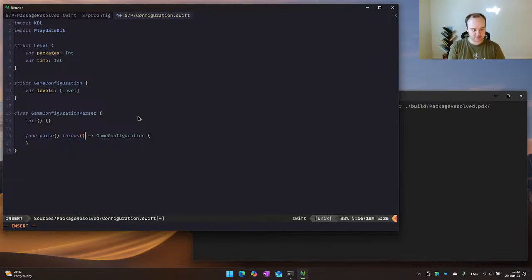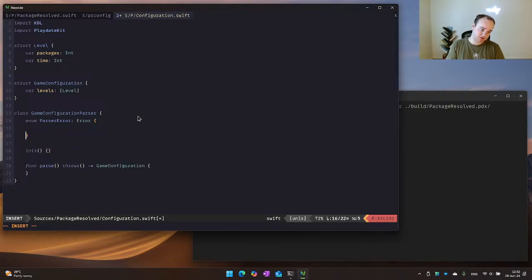And I think this version we actually need to specify the type for this. So enum parser error. And then I'll just define a case here, case invalid header.